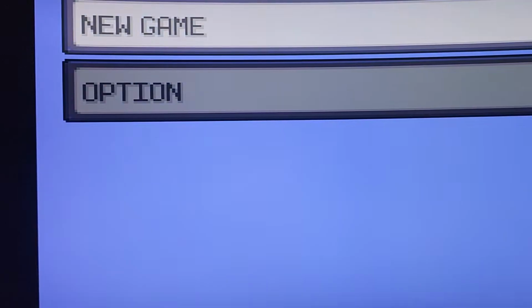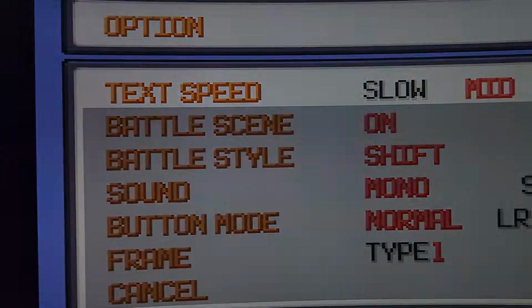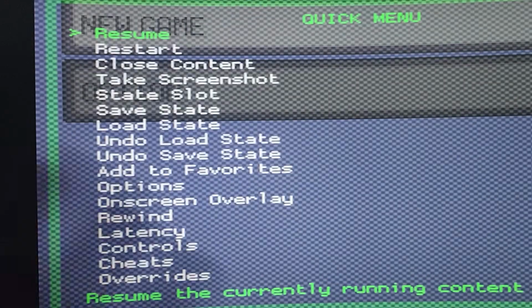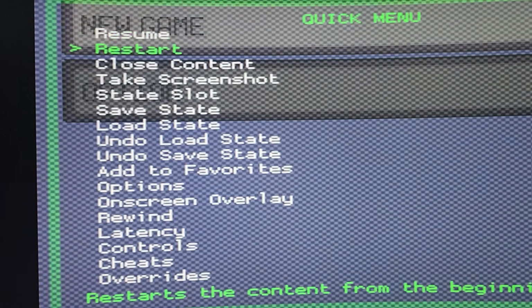Which button do we hit to exit? Alright, seems like the square and the triangle buttons work. Pressing the share and options buttons, this is all for PS4 controllers, brings up our quick menu for RetroArch. We can save, take screenshots, etc., everything we want. If we want to close though,